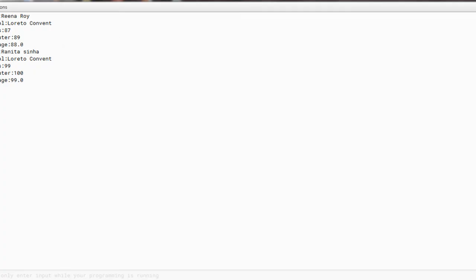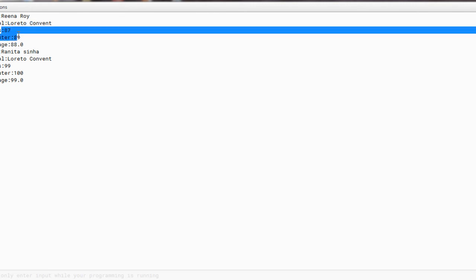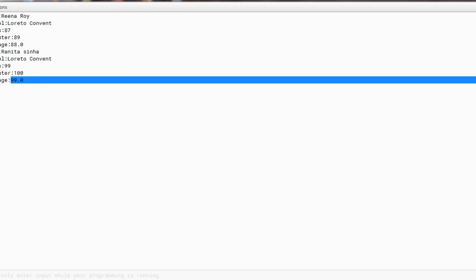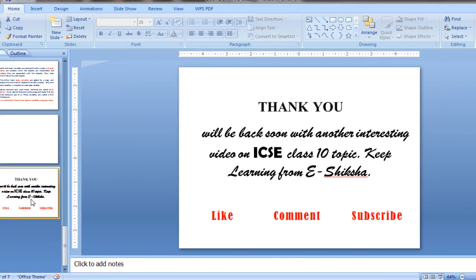So here is the output. Reena Roy, Loreto Convent, one copy of school, that is the work of the static variable. These two are instance variables, and average was initially a local variable, but I changed it later on to an instance variable. Ranita Sinha, Loreto Convent, and these are the marks she has got in maths and computer, and this is her average marks. I hope all of you have understood the difference between instance variable